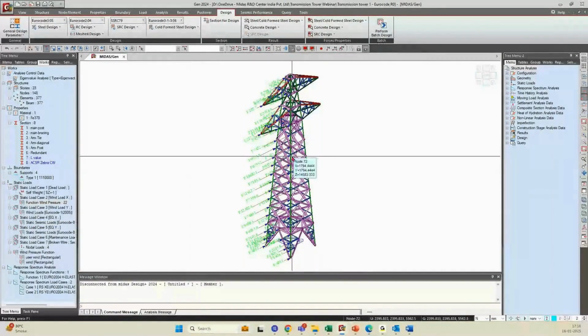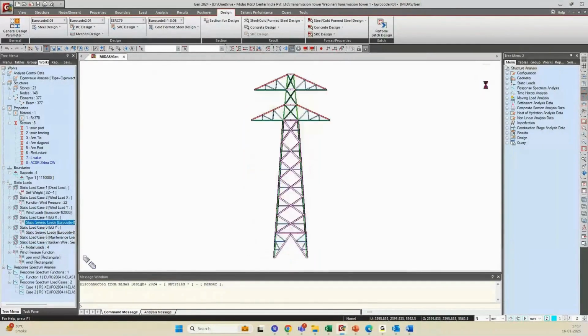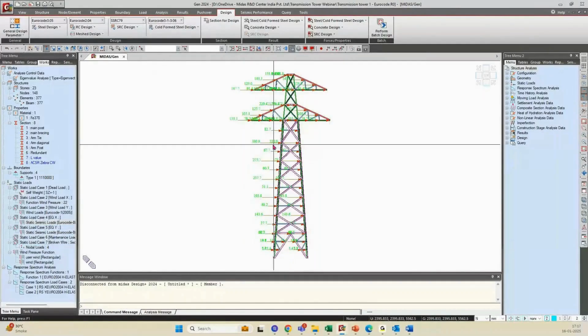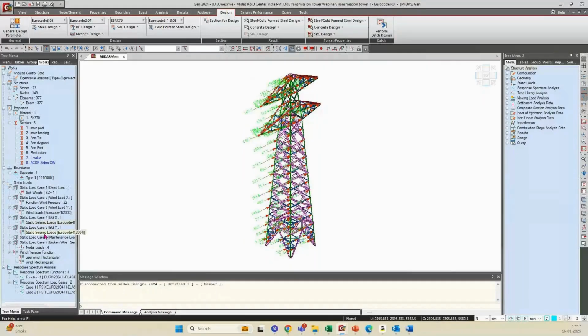so this feature will be mostly useful when you are having complex geometries where all the elements are not in a single plane. Okay, and similarly the seismic loads, we can also apply the seismic loads acting on the structure in the x direction as well as the y direction. Okay,